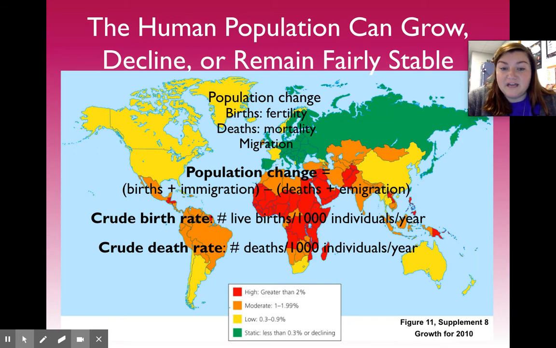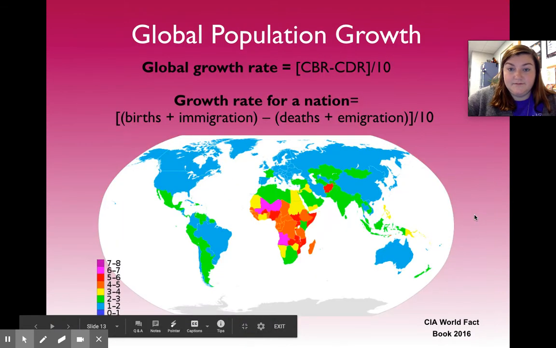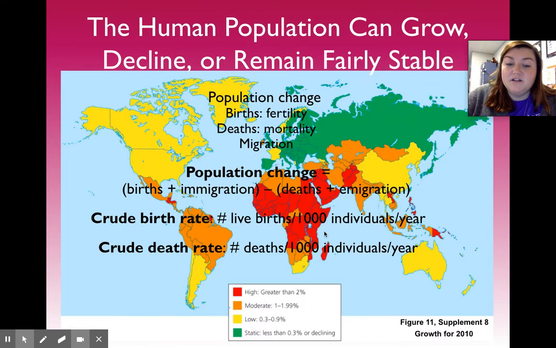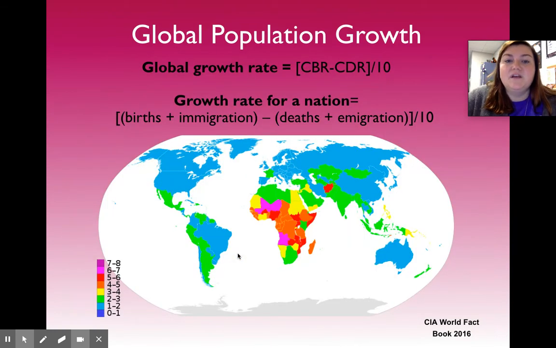Crude birth rate is the number of live births per 1,000 individuals per year, and crude death rate would just be the opposite, the number of deaths per 1,000 individuals per year. So the global growth rate is going to be the CBR minus the CDR divided by 10. Crude birth rate is sometimes called CBR, crude death rate sometimes called CDR. So if you see those acronyms, that's what they're talking about. So the global growth rate is the crude birth rate minus the crude death rate divided by 10